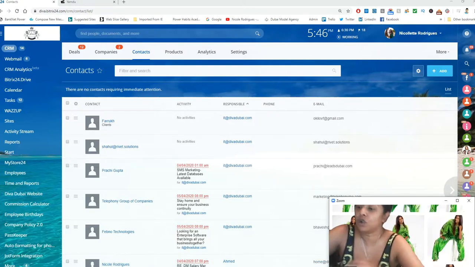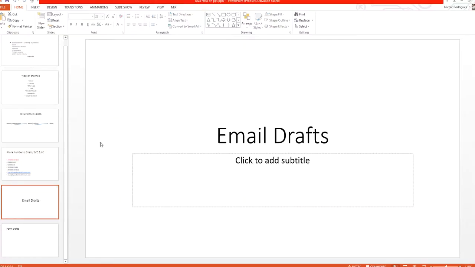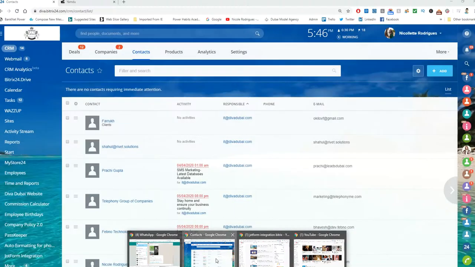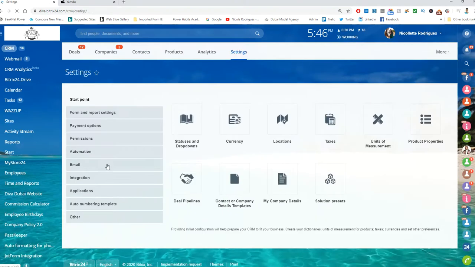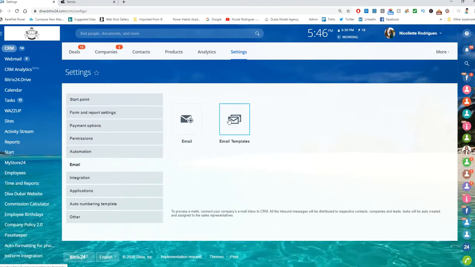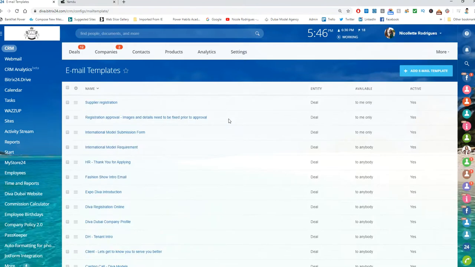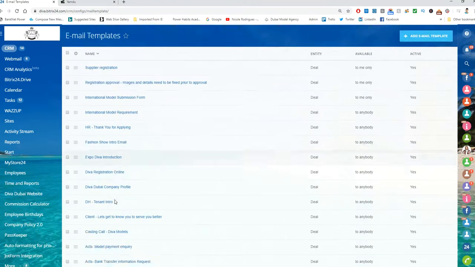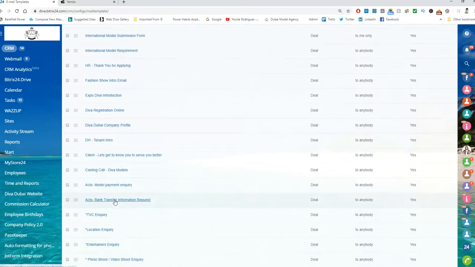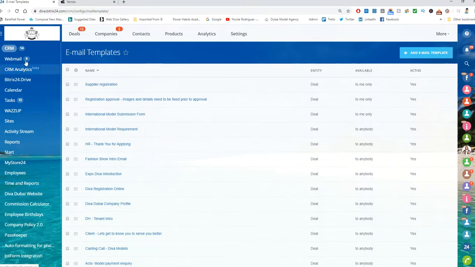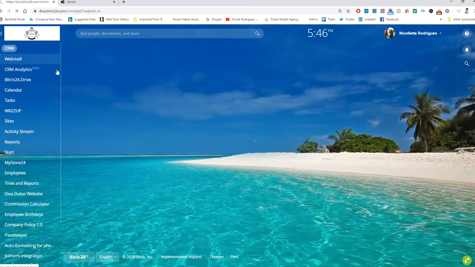So now we're going to talk a little bit more about our letters, so our email drafts, right? And what we have as email drafts and how they come about. Now the email drafts are always in our settings, which is controlled by the admin under email, and we have all the email templates that are saved here. And this is what you access. These are all the emails. Please check you have all these emails accessible from your email section, which is directly in your